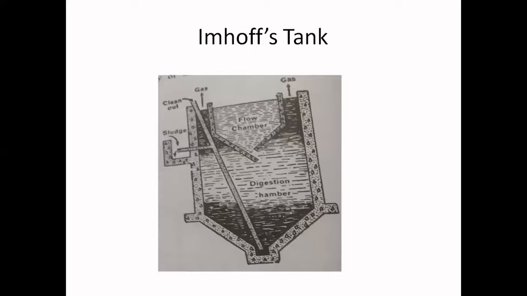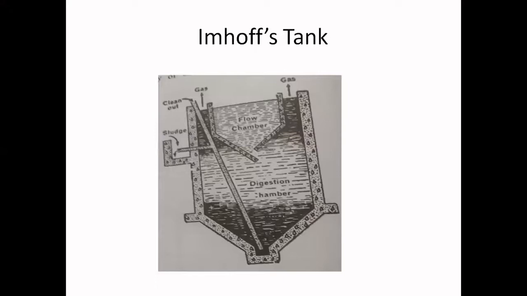The digestion chamber is provided with a sludge removal pipe at the bottom to remove the digested sludge by hydrostatic pressure or pumping. The minimum diameter of such a pipe is about 15 to 20 centimeters. The digested sludge may be taken to the drying bed, or it may be disposed of by some suitable method of sludge disposal.